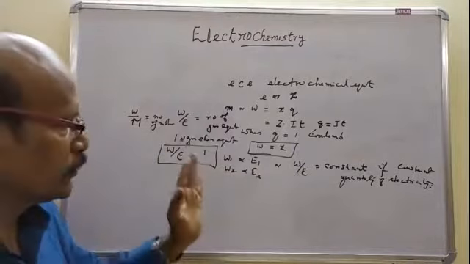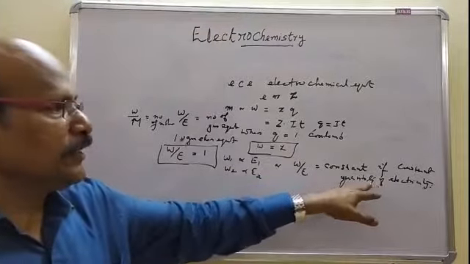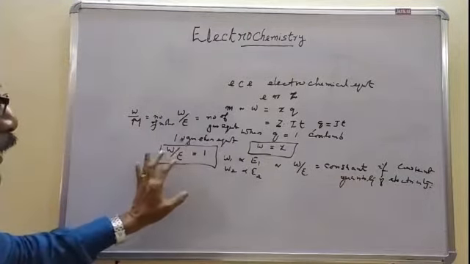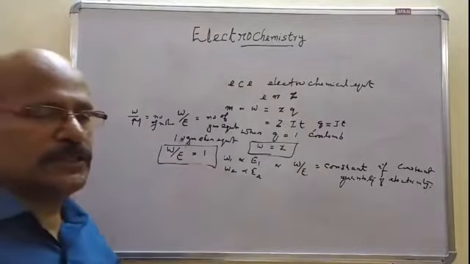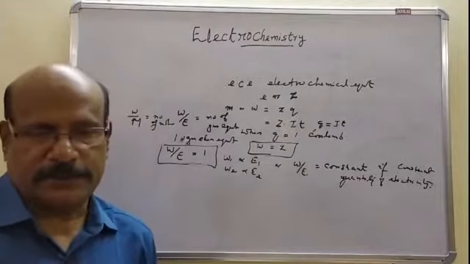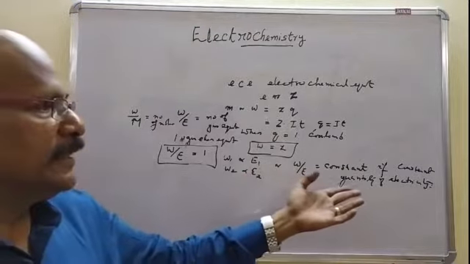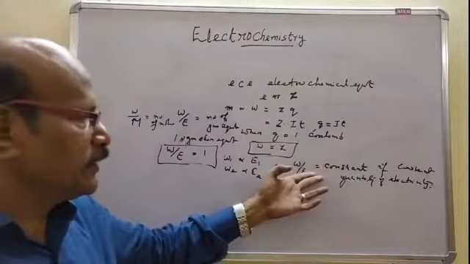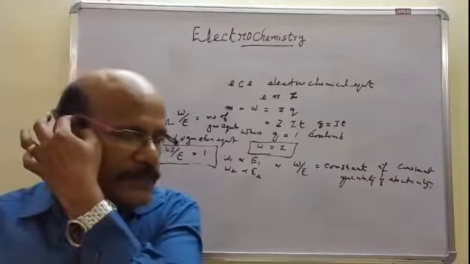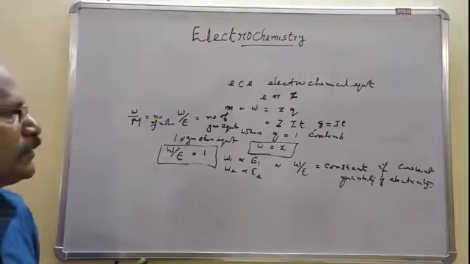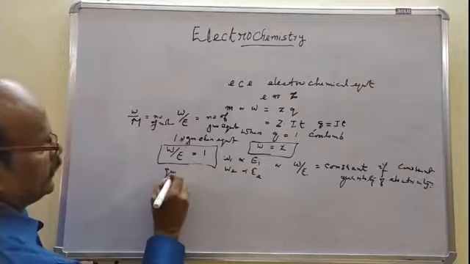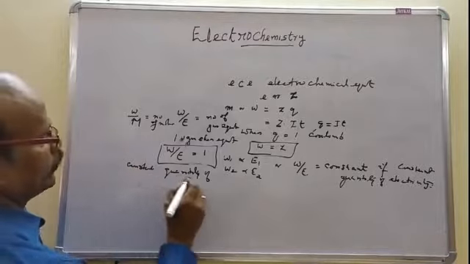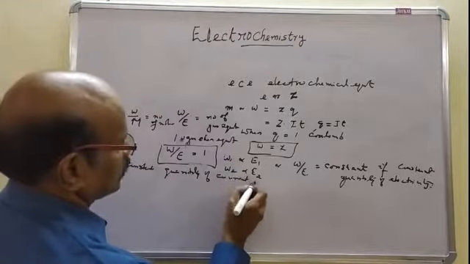That is the argument. If a constant quantity of current is employed, the number of gram equivalent is a constant, and if the number of gram equivalent W by E is 1, that is, in order to produce 1 gram equivalent of any material from the electrolyte, a constant quantity of current is required. That constant quantity of current or electricity is called Faraday.